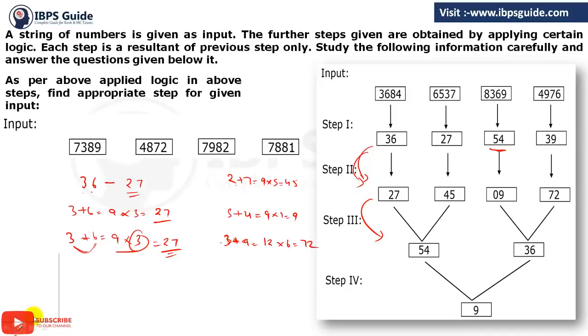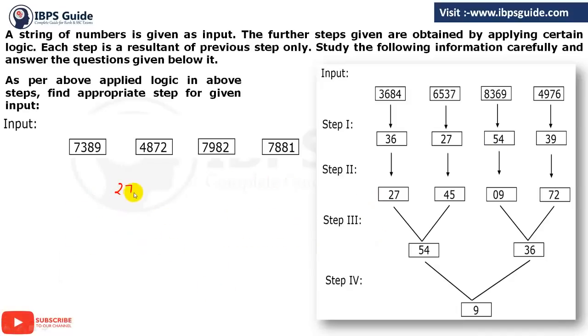So in step number 3, you have 27 and you have 45, and you are making a total of 54. So you have to see how you can make this 54. First of all, let's see whether the digits should be multiplied or squared. Let's see if multiplying works. 2 4s are 8 and 7 5s are 35.